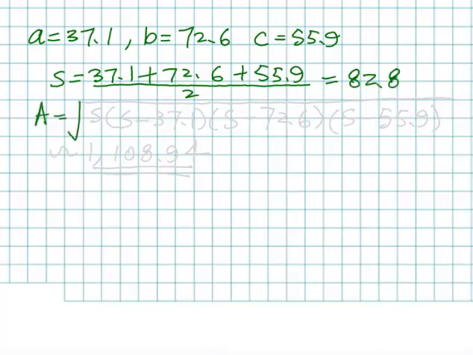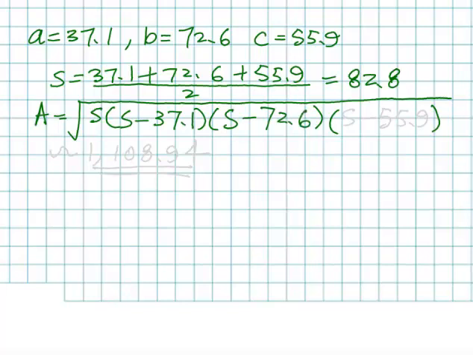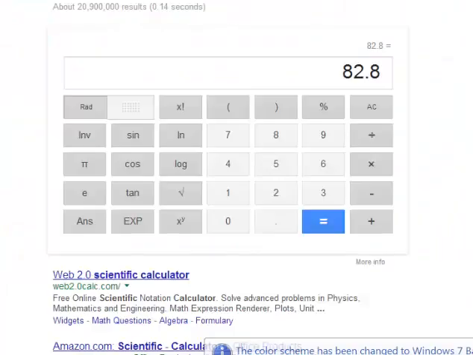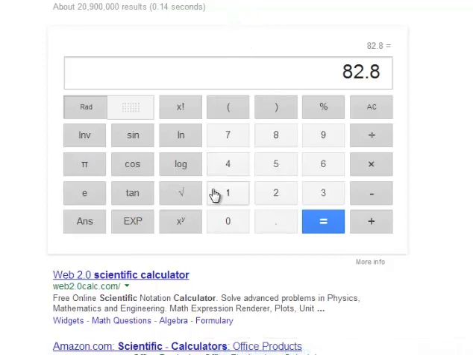Then the area A equals square root of S times S minus 37.1 times S minus 72.6 times S minus 55.9. The previous answer is still in the calculator. Square root button, ANS button,